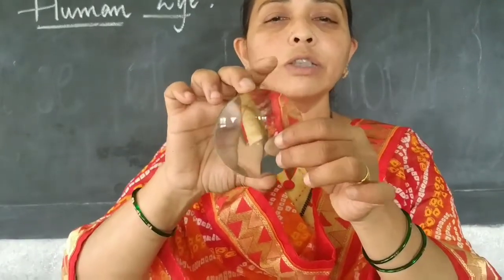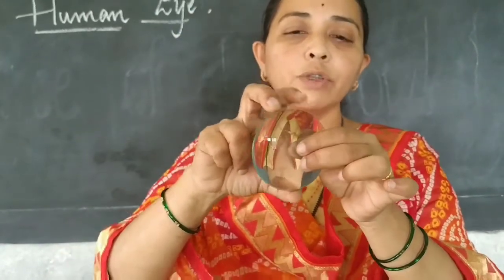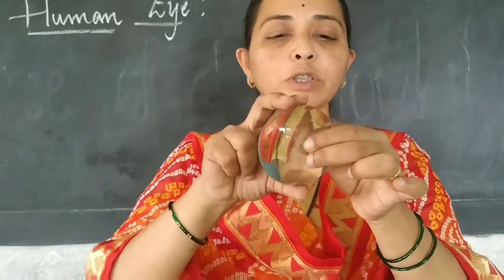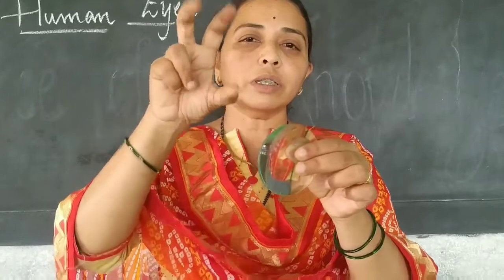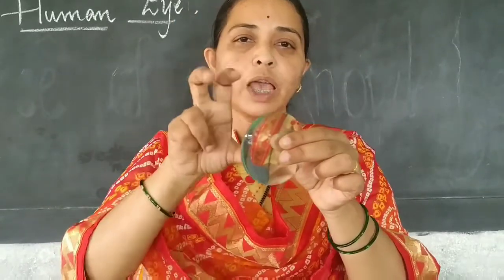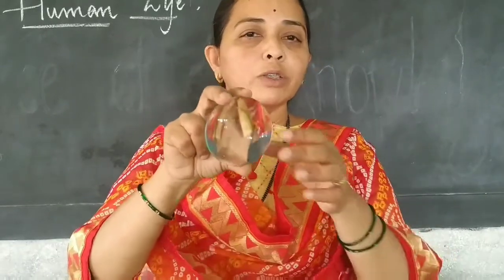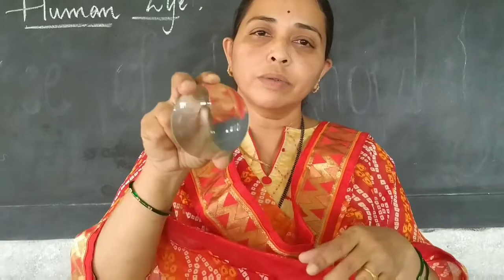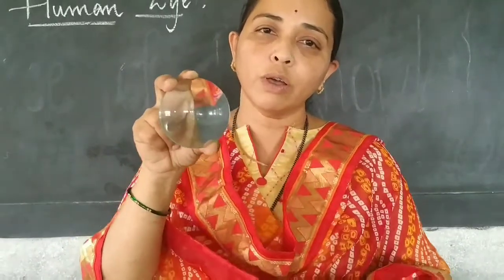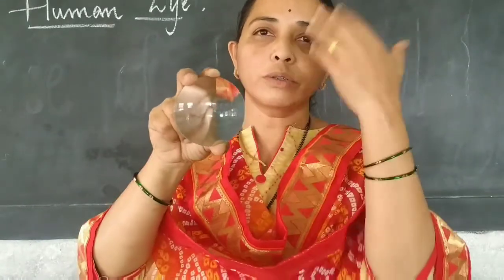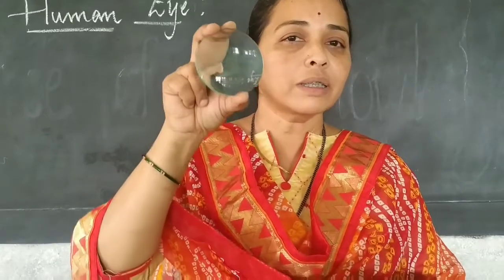When your ciliary muscles are not working properly, during the day, if you are exposed to the television or the mobile, the ciliary muscles keep on moving and their power becomes weak. Because of that, we have to place specs, an artificial lens, in front of the eye to adjust the focal length. So the next part is the lens.